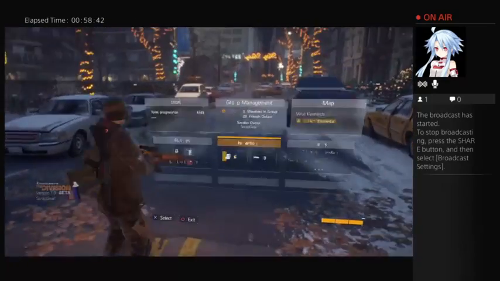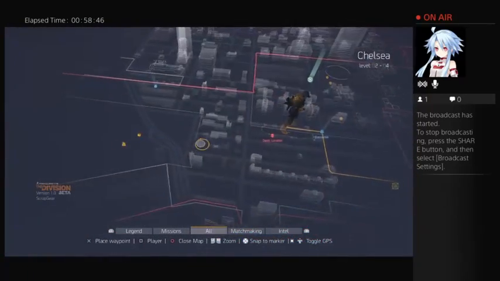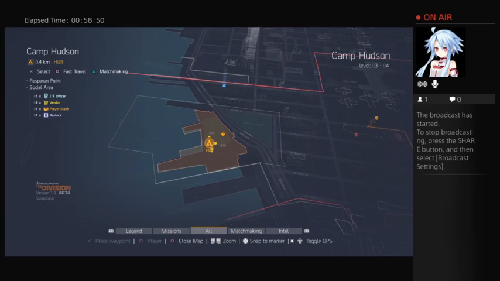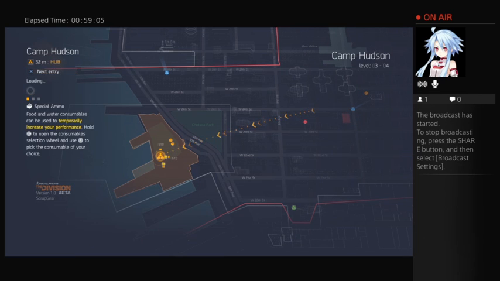Okay, I think before I do that, then... nifty little thing right here. There is fast travel in this game. So you just hold square, or push square when you're selected over an area that you can fast travel to. So far, places that I've seen you can fast travel, there is Camp Hudson, and then your home base, which I have not unlocked yet. So, unfortunately,